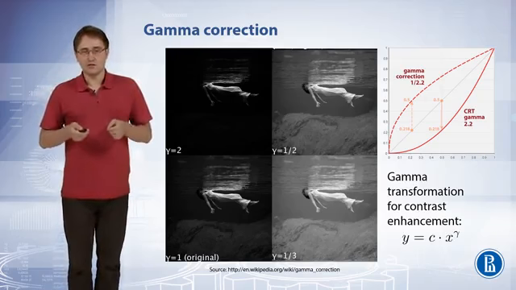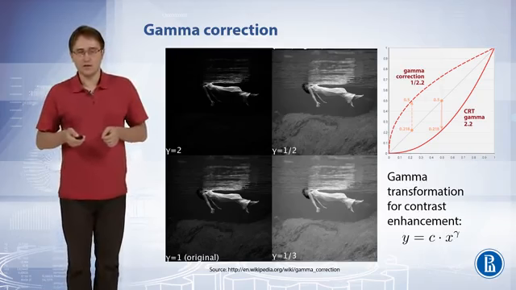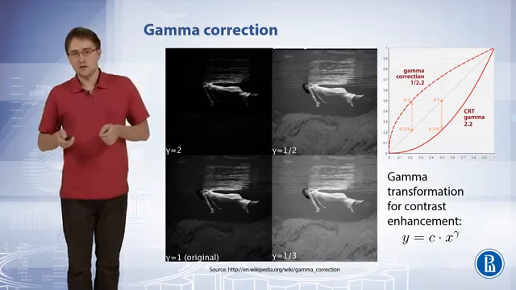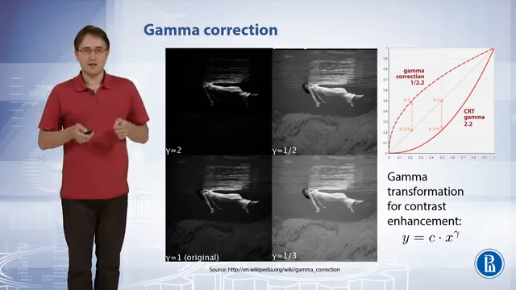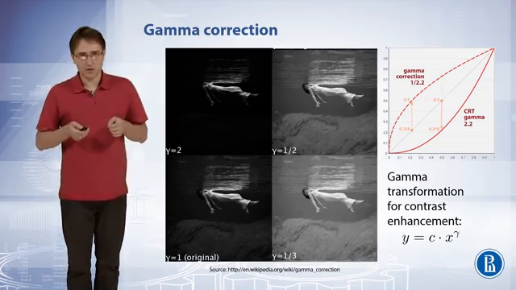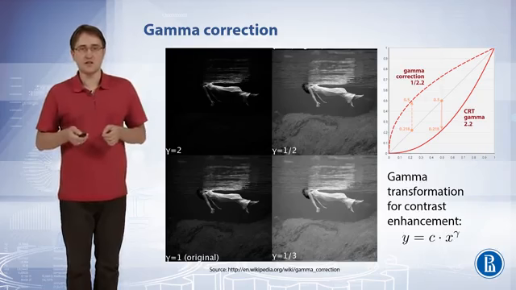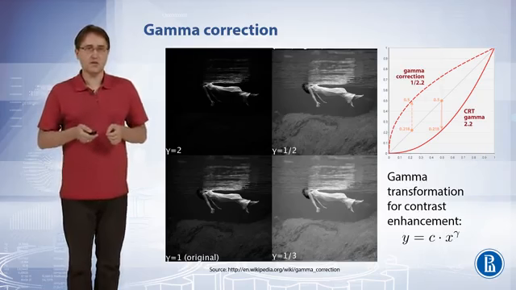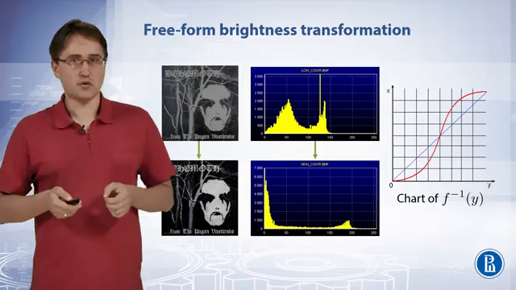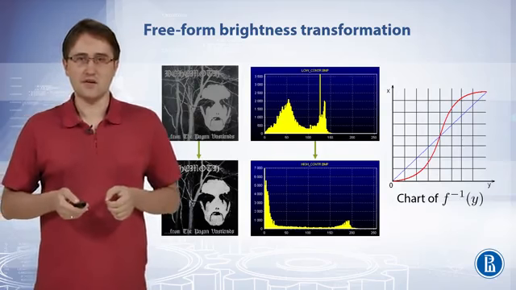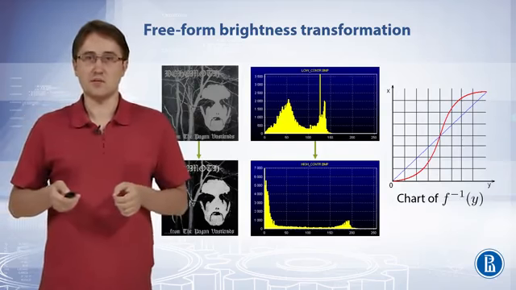By controlling the value of parameter gamma, we can control the gamma transformation. And we can select the value of gamma to get the most perceptually pleasing result. In this example, the best results are obtained with gamma equal 0.5. In many image processing applications, user can specify the curve of brightness mapping function himself.